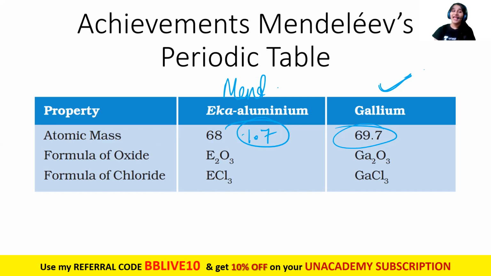Genius, isn't it? And he was like, you know what, when again, oxygen batao, the chlorine bhi bata hi deta hu. So when this will be reacted with chlorine, you'll get it as ECl3. That is GaCl3. And it was amazingly right, guys. It was to the point right. Over here, E means the element, which is not yet found. And Ga means gallium. Do you see how right he was with his observations? And that is one of the major achievements of Mendeleev's periodic table.